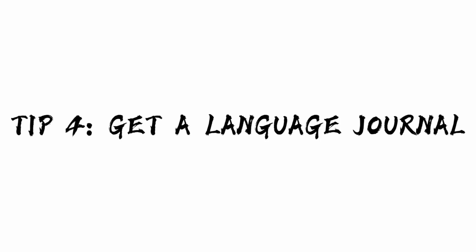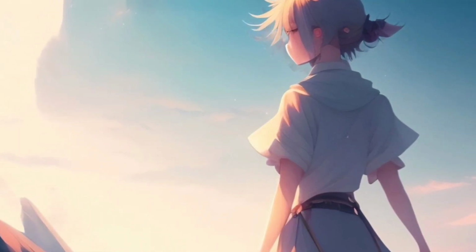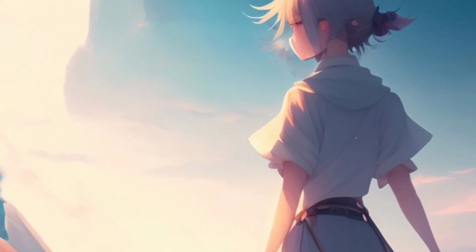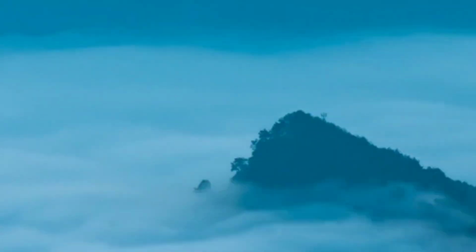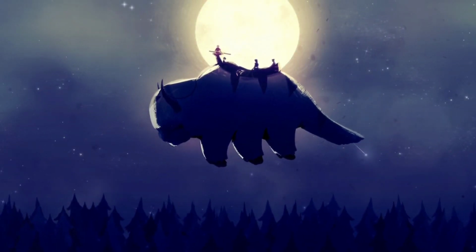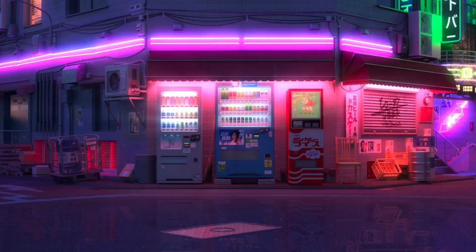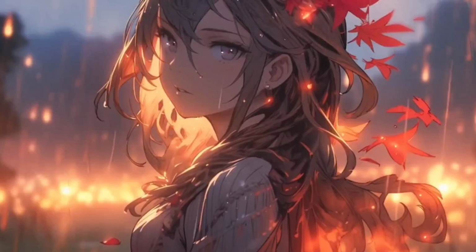Tip 4: get a language learning journal. Call it a diary, call it a girly book, but this is something everyone should be trying when it comes to language learning. You actually need to write down the stuff that you get in your mind, because sometimes when you learn a language, a phrase can randomly pop into your head. You just need to write it down, and you need to find out if it is right or not. So get a journal where you write down ideas, new vocab, convos that you make on your own.